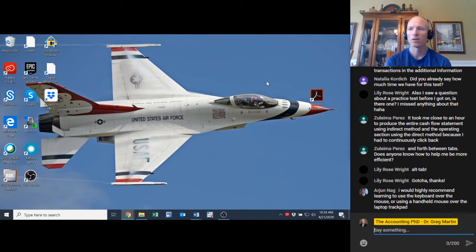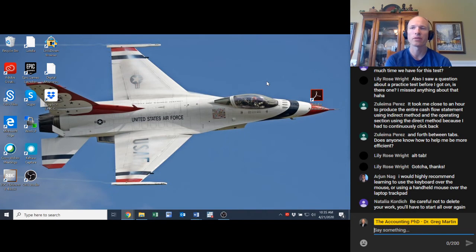It's just all how they work using the keyboard over the mouse. Oh yeah. That's good advice, Arjun. Being able to kind of navigate through that without relying on your mouse. Again, I think with some practice you'll be more comfortable. For me, it's way better than the open text box stuff. I can't imagine doing a statement of cash flow with that. That would not be possible. And so I think it will be helpful.